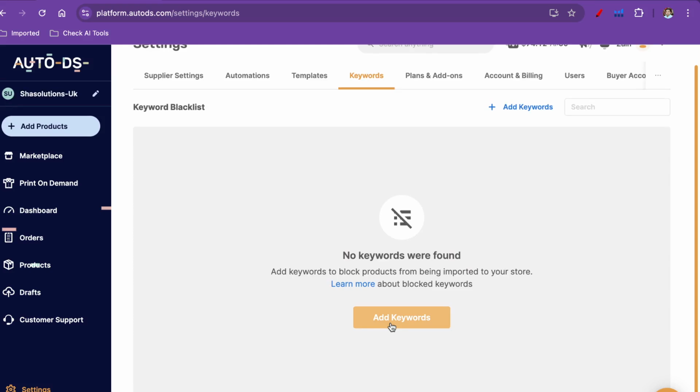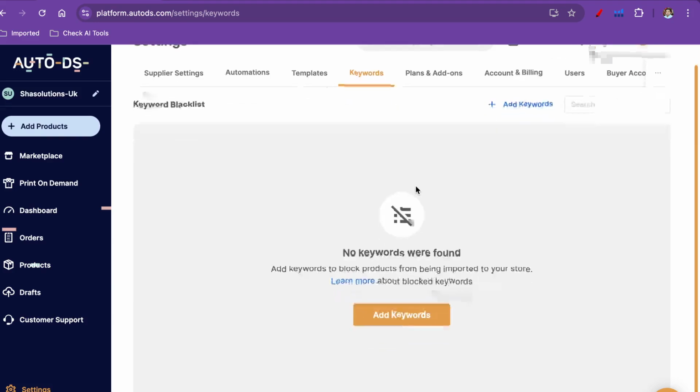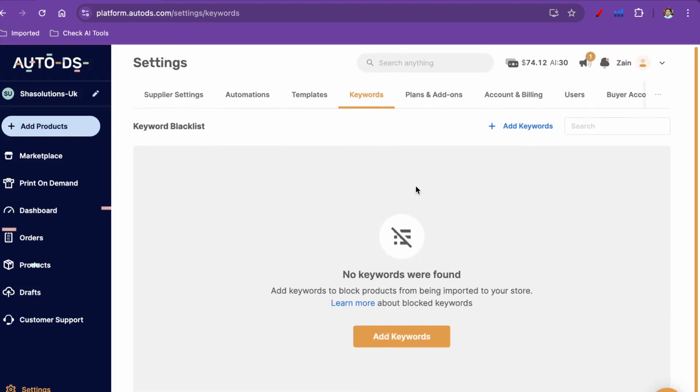For example, if you have trouble selling branded items, like a Gucci bag or that kind of stuff, you can add those words, like Gucci, because those can get your account banned. So that's the reason we can simply remove that from our listings. These are the settings you're going to have to do once you create a new account on your